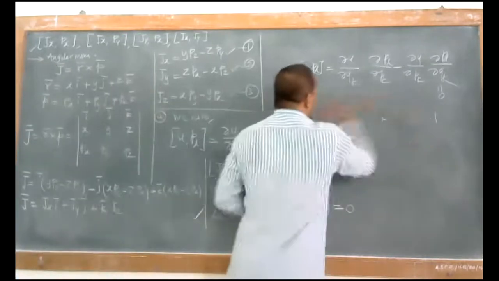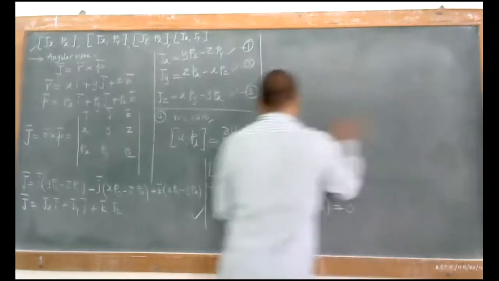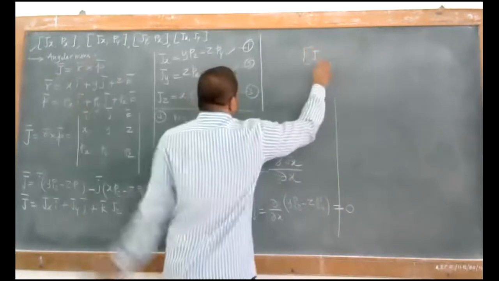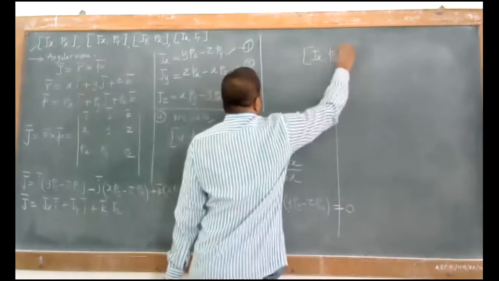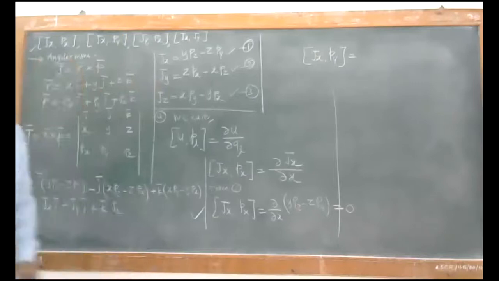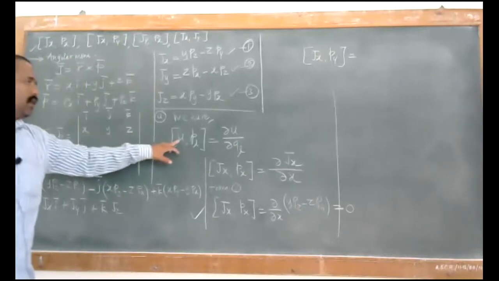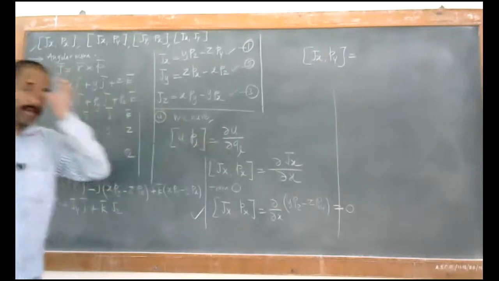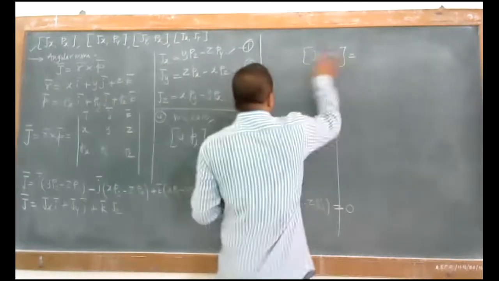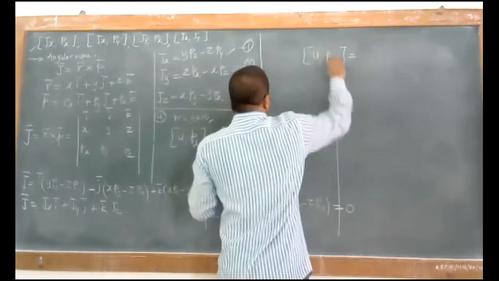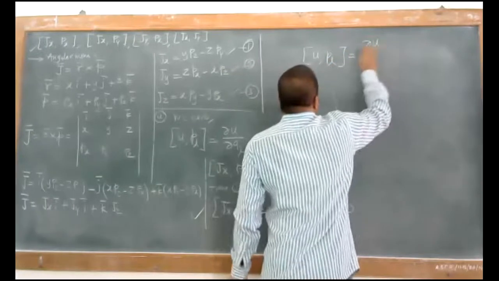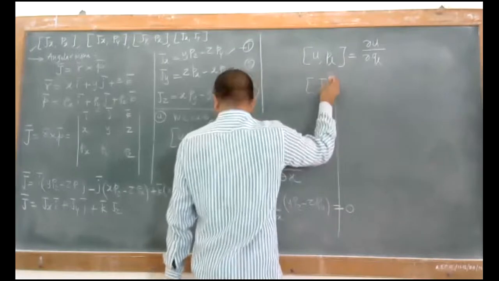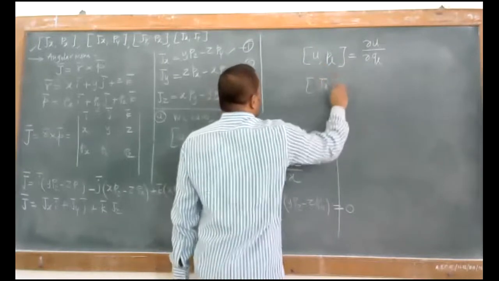Okay, what is the second condition? Just check it out. The Poisson bracket is jx py. For this jx py, we have a condition that is upl, which is nothing but gamma u by gamma ql. So I'll write that first. As upl is nothing but gamma u by gamma ql, now I'll write that in terms of jx py.